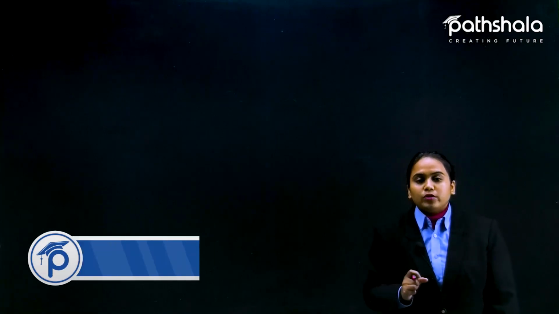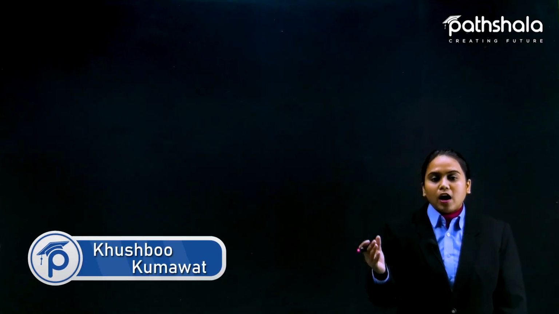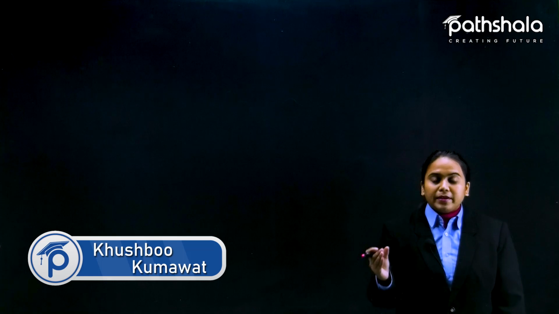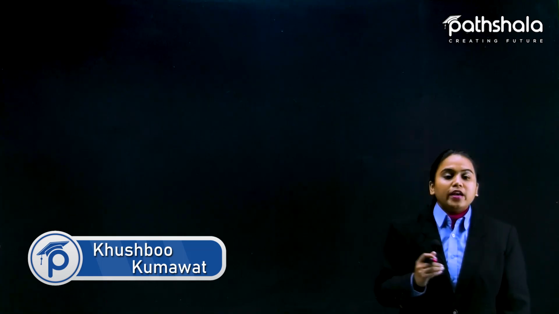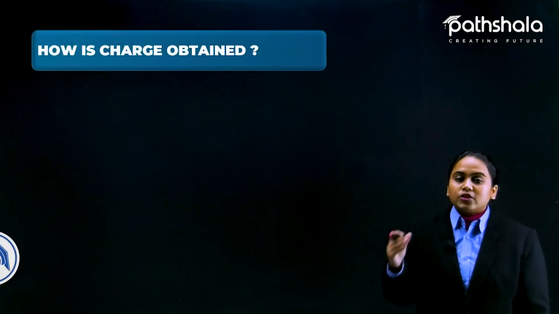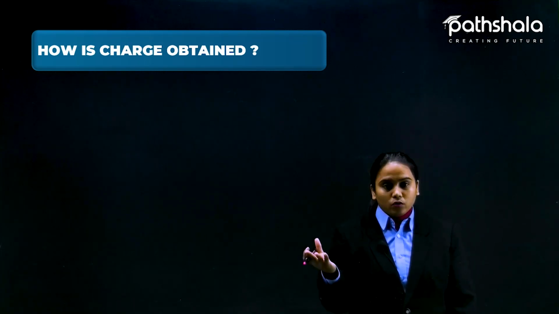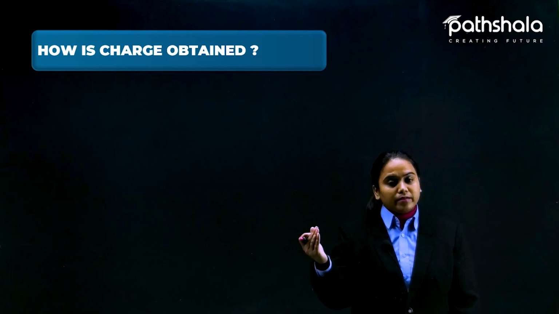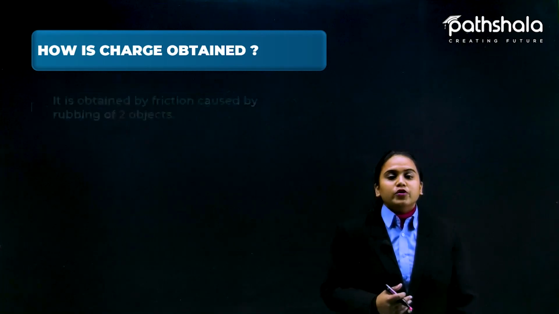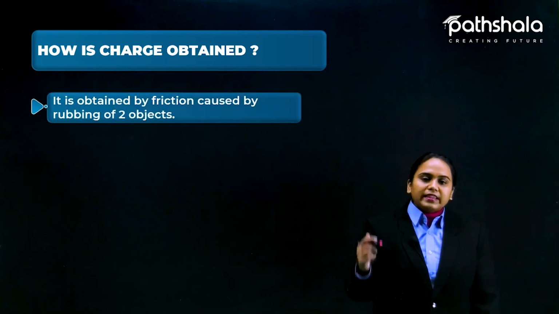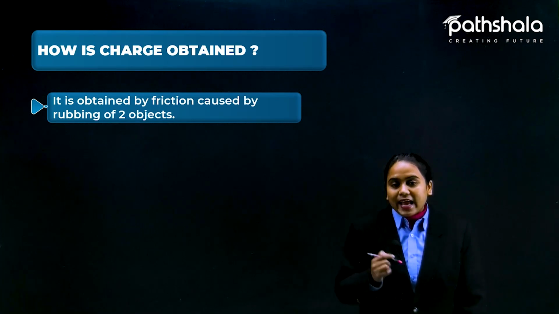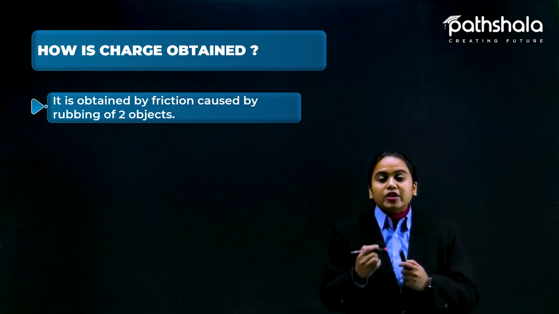Students, I have told you that electrons can move out of the atom and become a free electron. So how can this charge be obtained? Electron can move, but how? Electron can move out from an atom, but how? Here is a question and the answer would be that it can be obtained by the friction caused